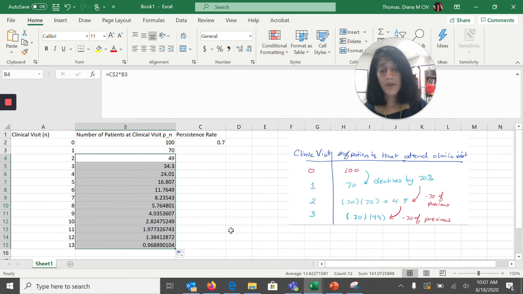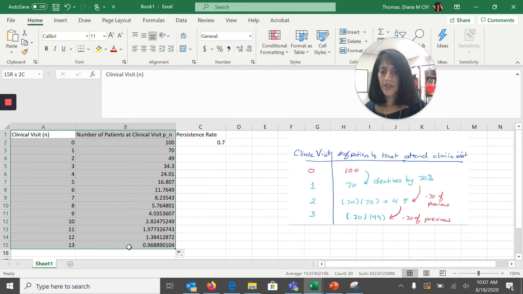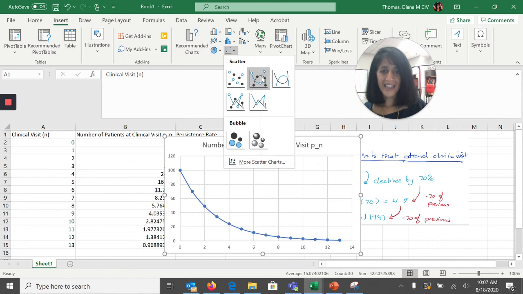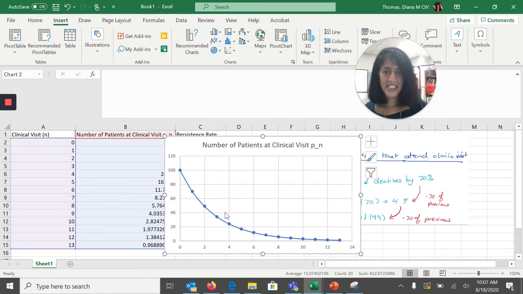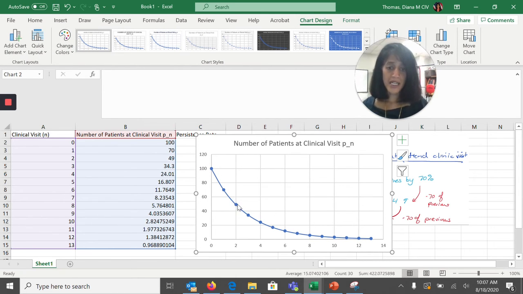Eventually, you're going to get nobody coming back for follow-up clinical visits, which is what you'd hope to see. Eventually, you'd want them to not come back anymore. So let's look at this in a graph. And this is where it's nice to have nice headers. Insert, charts. I like to see it like this because it's connected. You can see the number of patients that return at each clinical visit is represented by the dot. This is artificially connecting the dots, but it lets our eyes see the pattern of this